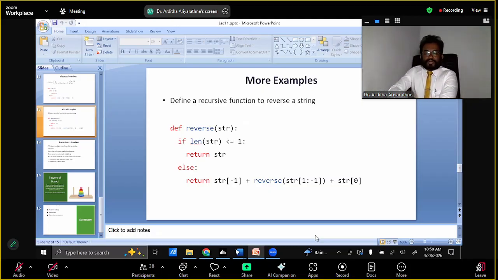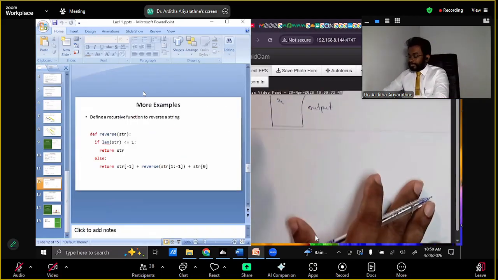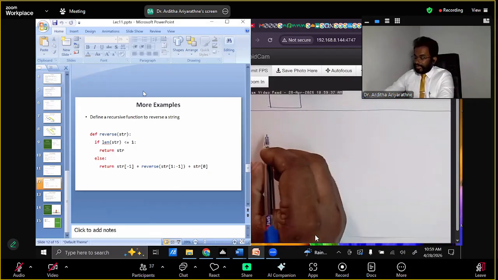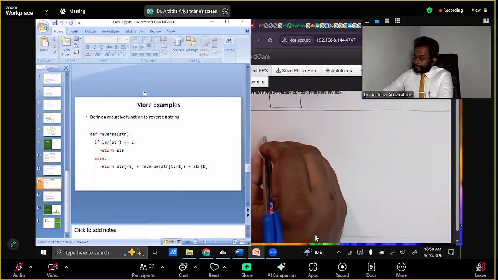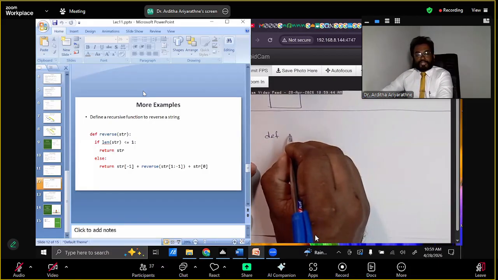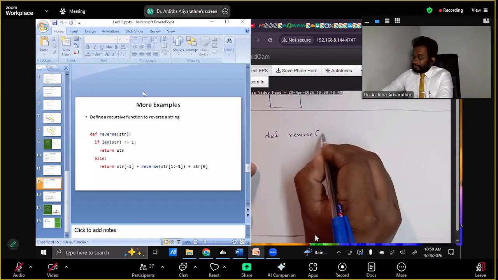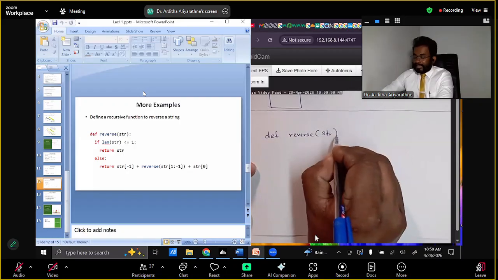Okay, now I am going to partition the screen into two sections. Right. Okay, first of all, I am going to write this program. def, the name of the function is reverse, then str means our parameter,